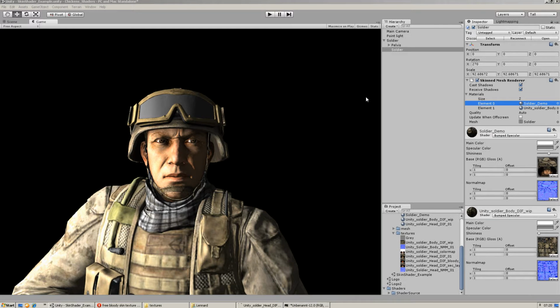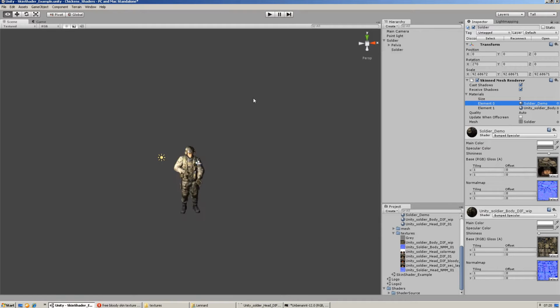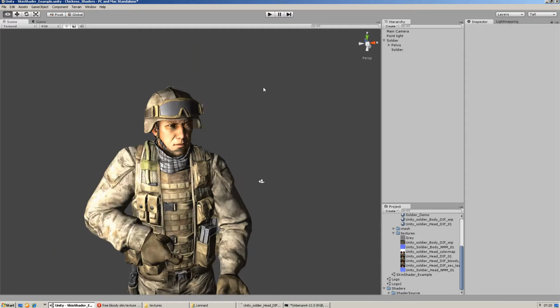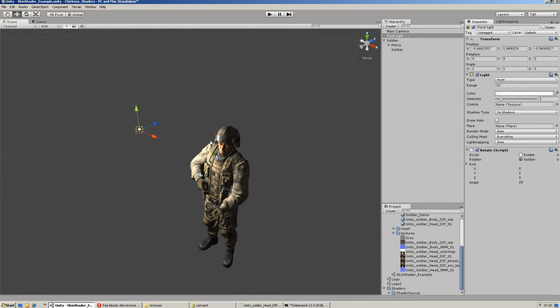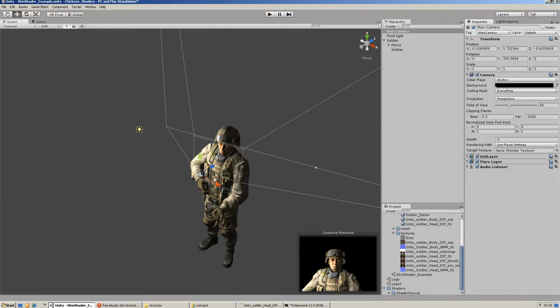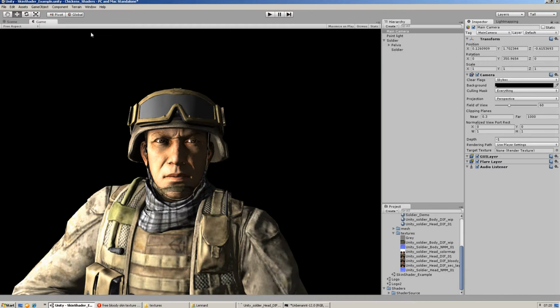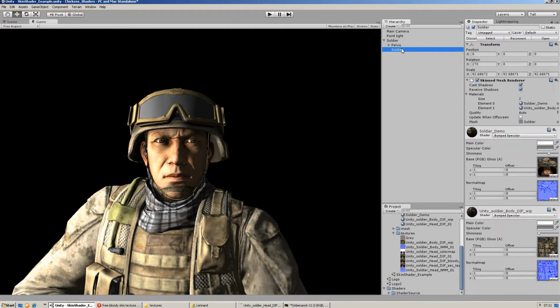Hey everyone, this is a demo and a tutorial for the SkinShader contained in my shader package, and I'm starting with this pretty simple scene again. A light, the soldier from the bootcamp demo, and the camera, of course. Right now he's